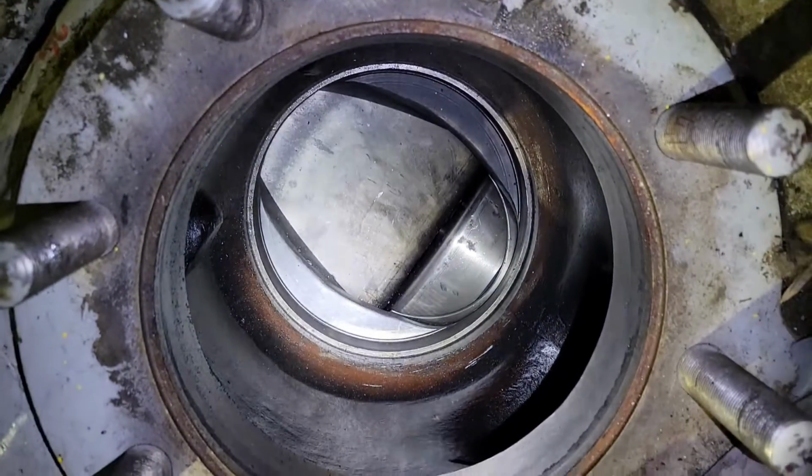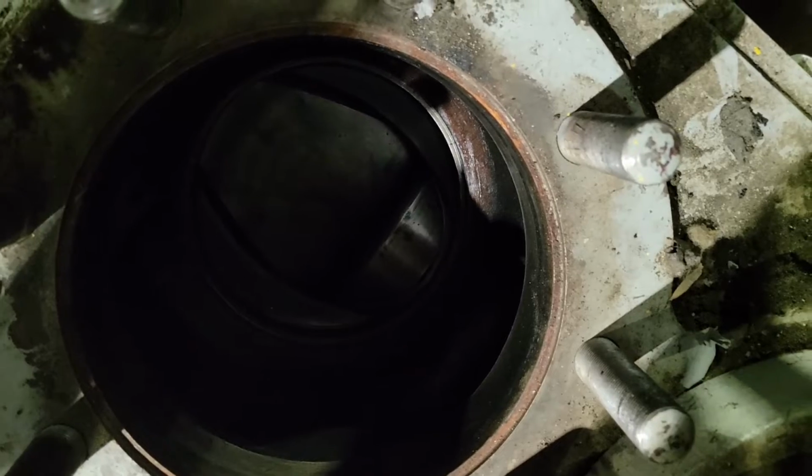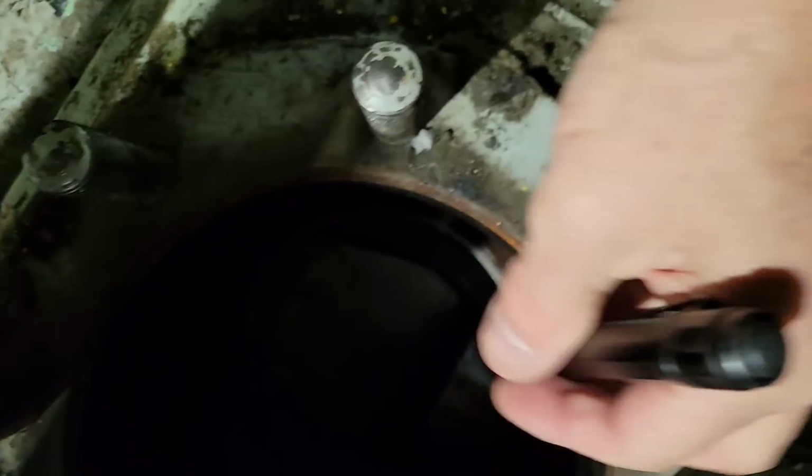On the inboard side, this is referred to as the inboard side because it's close to the engine. You see that same sculpted area here on the